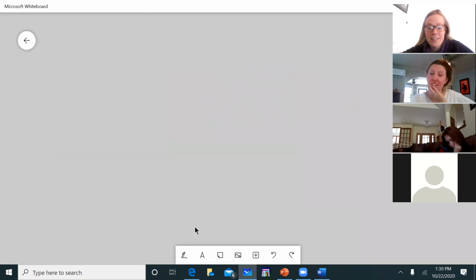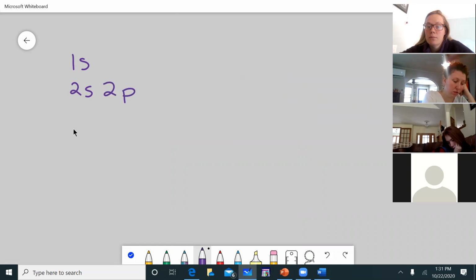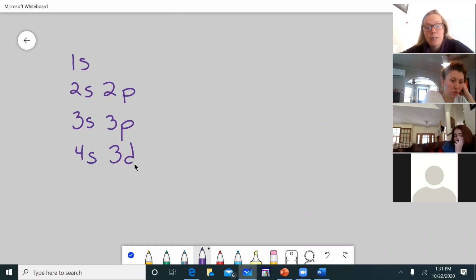First, and that's going to seem kind of wacky, the first thing we fill is the 1s. So I fill the 1s orbital first. Then I fill my 2s. Then I fill my 2p orbital. Then I fill my 3s, then my 3p. Then I fill my 4s, then, this is going to be weird, I fill my 3d,